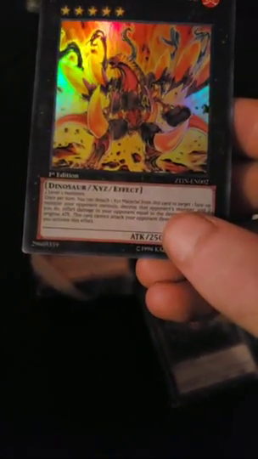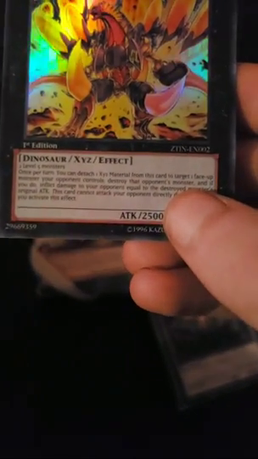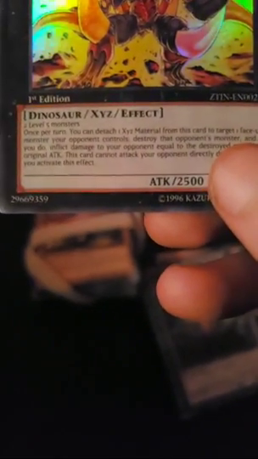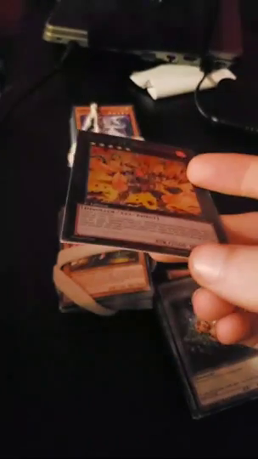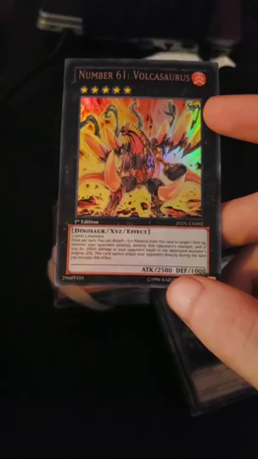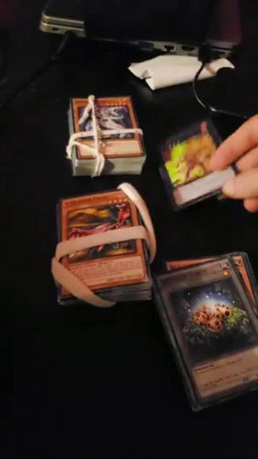Two level 5 monsters. Once per turn, you can detach one Xyz material from this card to target one monster your opponent controls. Destroy that monster. And if you do, inflict damage. So, this card overall is pretty balanced. You do get destroyed despite removing an Xyz material, or removing one from it, and inflict damage based on